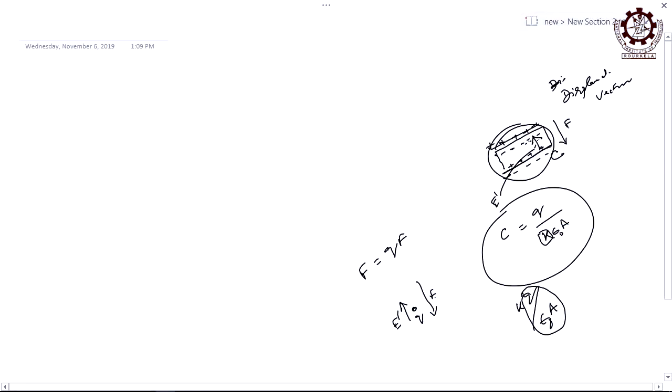This is now experiencing how many forces? The charge will experience force because the field is there. How much force? The force formula is Q times E, right. When a charge is there in the field, how much force will it experience? Q times E. So, accordingly this charge will experience how many forces? Two, one in this direction, other in the opposite direction. So, the net force on the charge is how much? Is it 0? Can it be 0? Because in this direction there is more force than in the opposite direction, right.